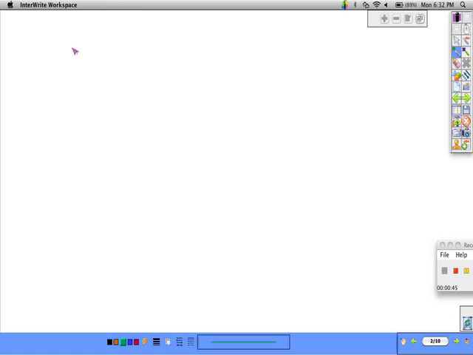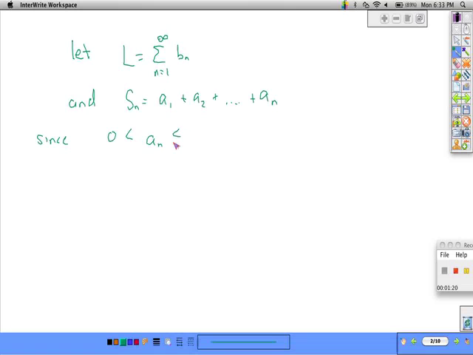What we're going to do is let L equal the sum from n equals 1 to infinity of b sub n. And S sub n is going to equal a sub 1 plus a sub 2, and so on. It's the nth partial sum for our A series. And since a sub n is positive and less than or equal to b sub n,